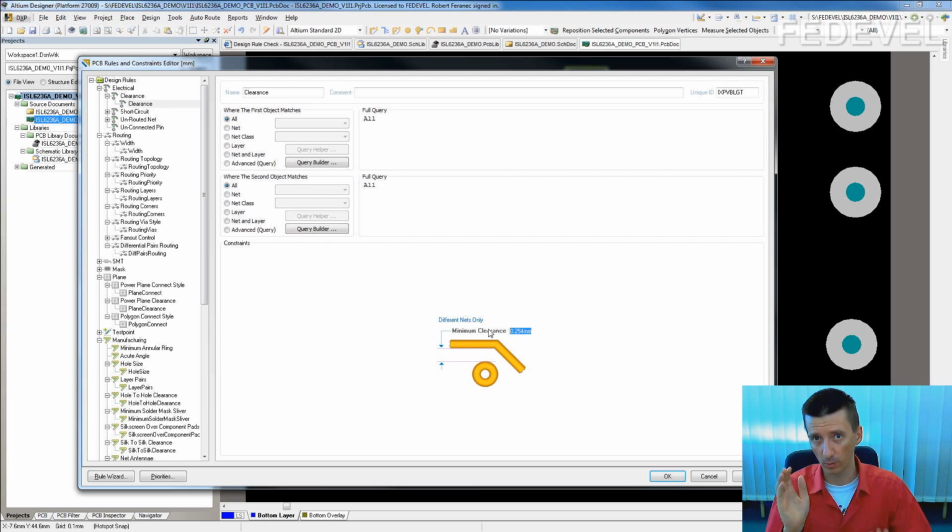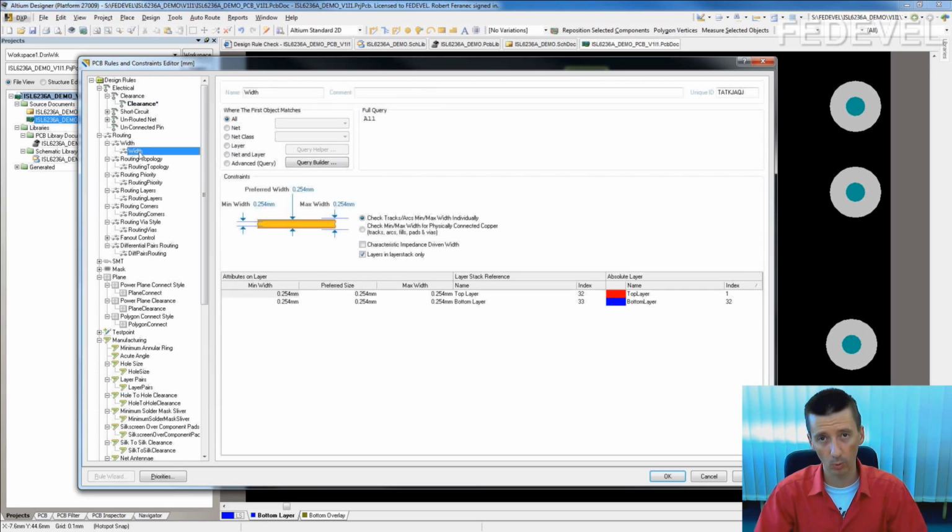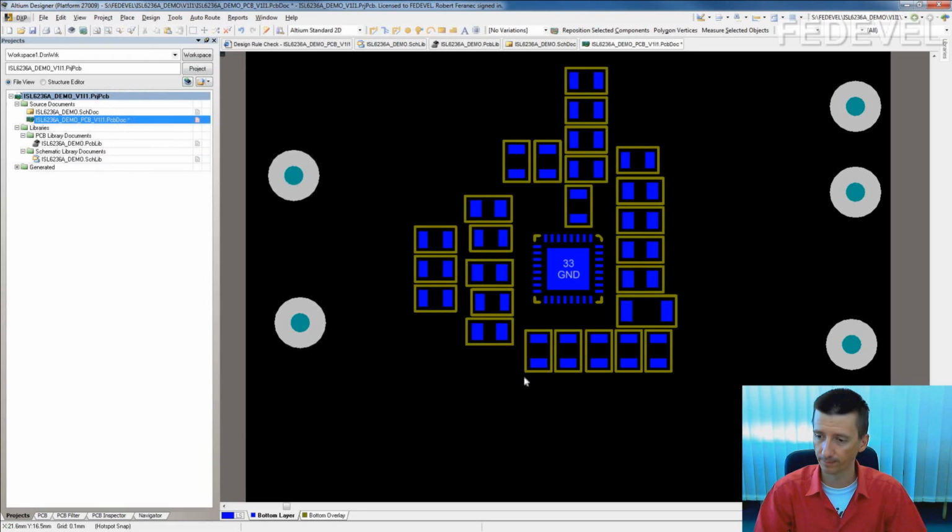It is the space between two tracks, the isolation. I will use 0.15, and you need to check what is the minimum width they can make. Again, I will use 0.15, and for the maximum, let's say 10 millimeters. Okay,